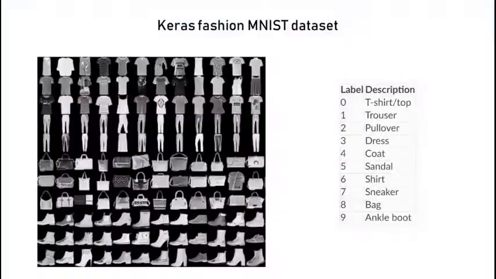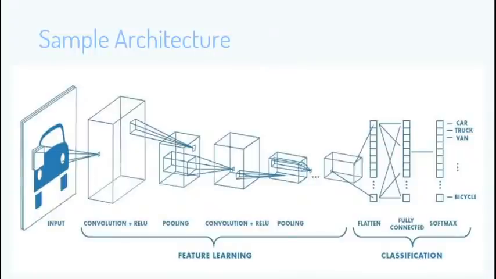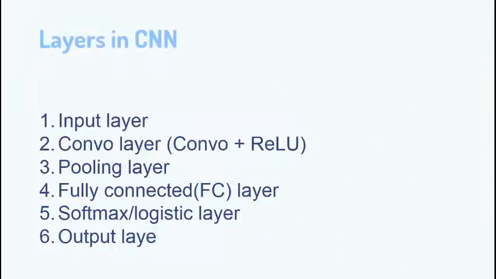I will tell a simple architecture of the convolutional neural network, but what is the use of convolution, what is the use of pooling, what is the use of flatten, and what is the use of softmax, I need to tell line by line. So here you can see I have an input layer, a convolution layer with ReLU as the activation function, then a pooling layer, a fully connected layer, short form FC layer, and a softmax logistic layer,